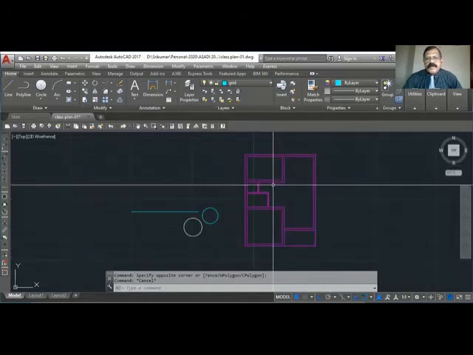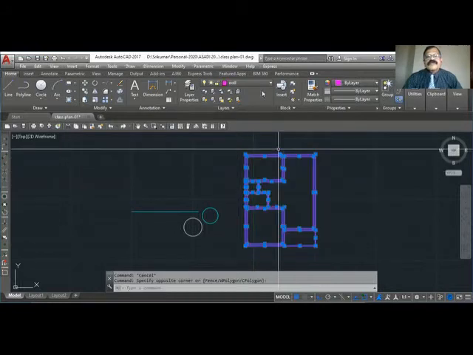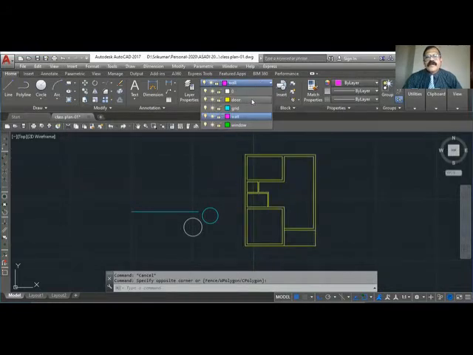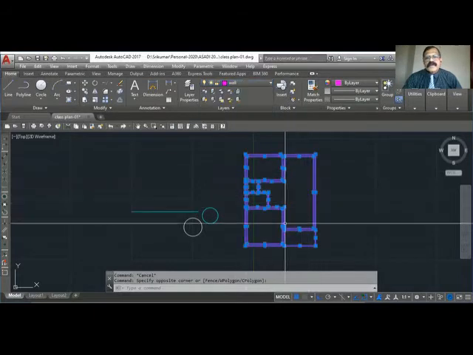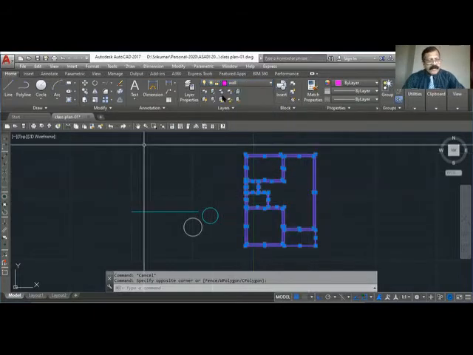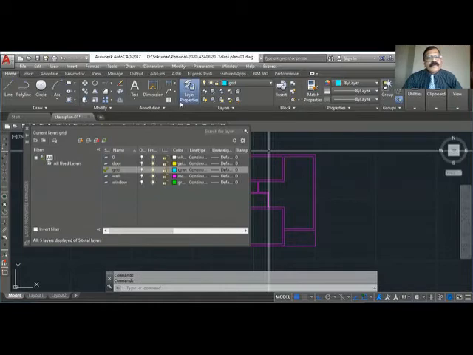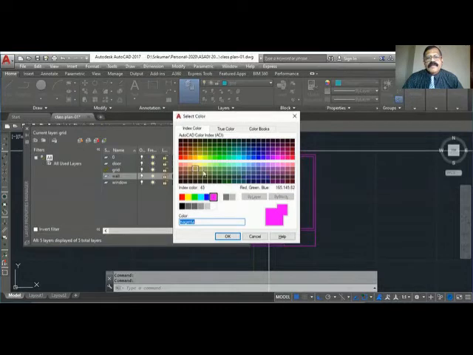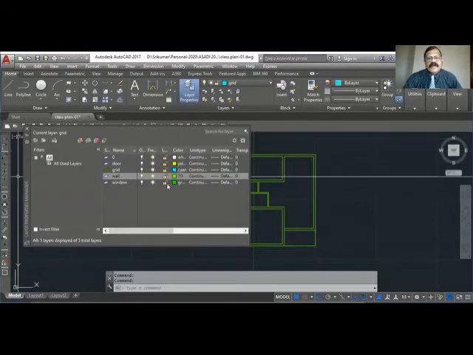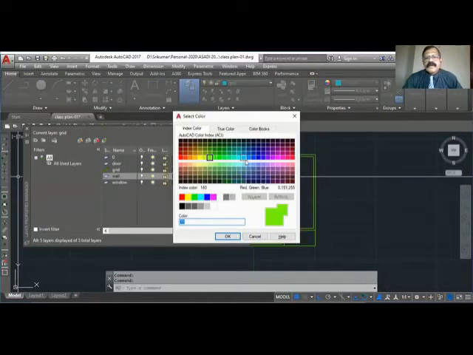Hope you got it. You have to select this full and change to whichever layer you want. So suppose you want door layer, grid layer, window layer, but we want wall layer. This color is difficult to see, so we'll select another color. If you want to change the color, go here. For the wall color, we'll make a little lighter color. Select this. You can select which color you want. Okay. It is similar to gray.